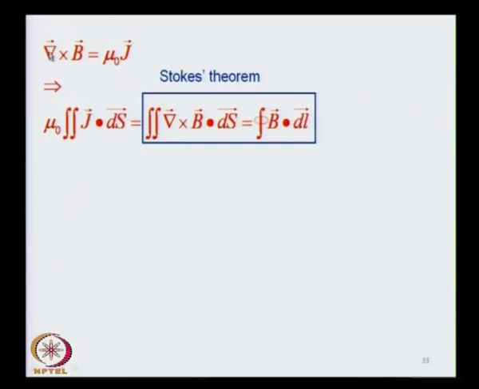So, now you have got the curl of B, which is given by mu 0 j. Now, let us take the surface integral of j dot ds, but the mu 0 j is nothing but the curl of B. This comes from the Biot-Savart's law. No new physics added to it, no new law added to that. So, you get the surface integral of the curl of B given by this expression,